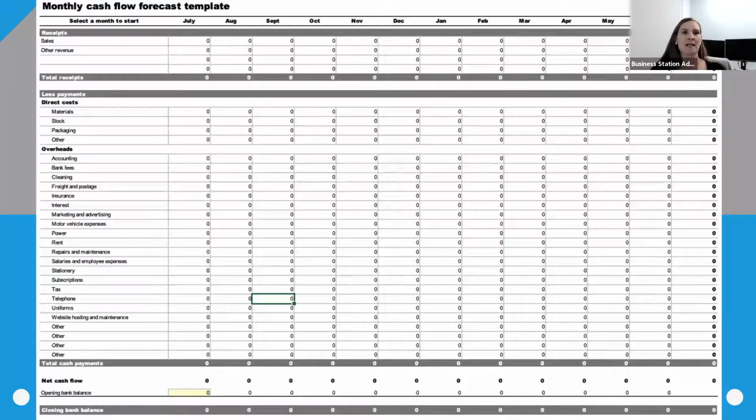Now on the screen is an example of a cash flow forecast. This particular one is a monthly cash flow forecast, so it's a template. Like I said, there are a range of different templates available. This one is a particular bank template. Down the bottom on the left-hand side under the July column, you can see the opening bank balance. Now you would input, let's say you had $20,000 in the bank, you would input that as a starting point because that's cash that you have now.